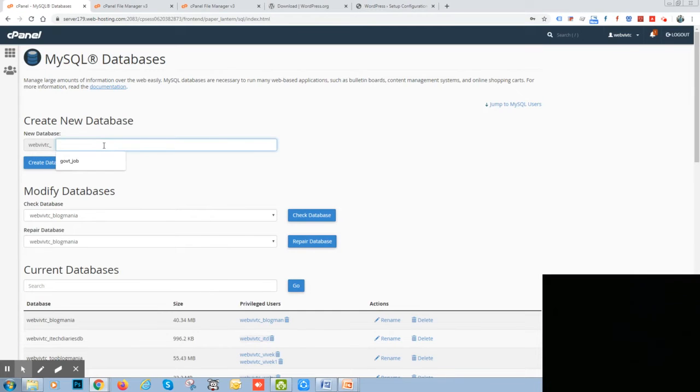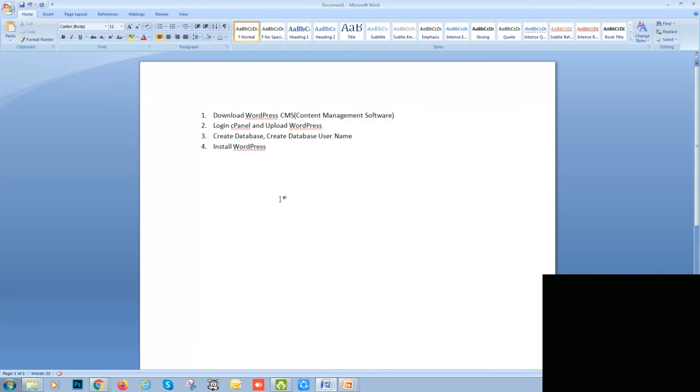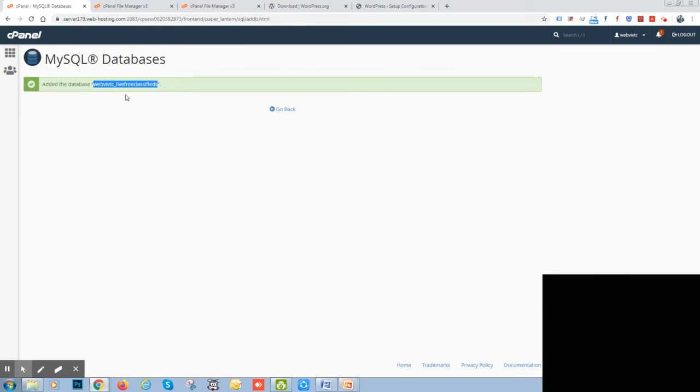I have copied it, pasted it here, clicked it, and it's created. Done. This is my database name. Just copy this database name and keep it somewhere, because it will be required later on.